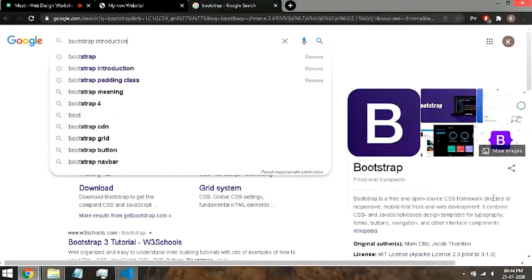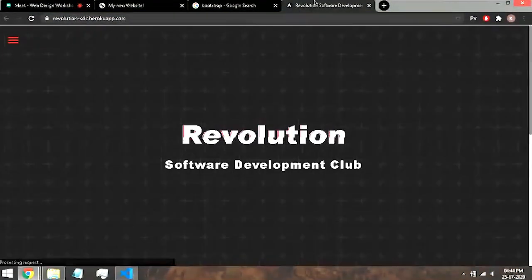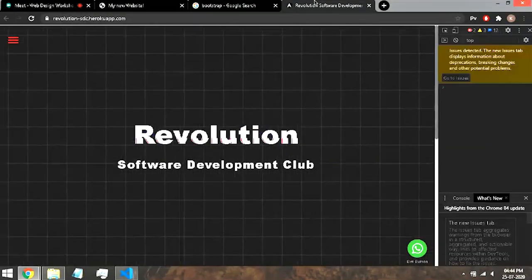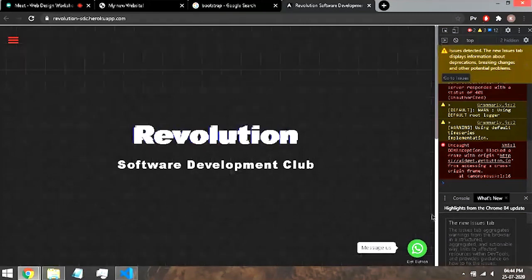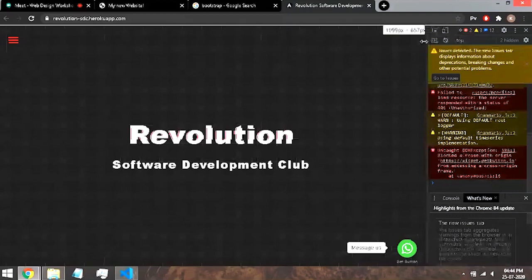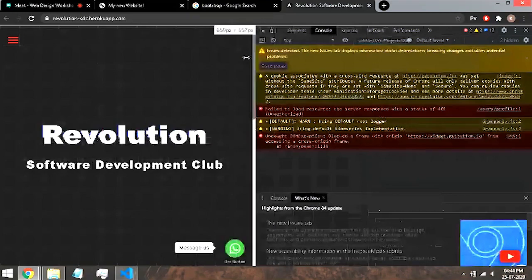Bootstrap is used for making your website responsive. Now, what is a responsive web page? I will again go to our portal, Revolution. And here, I am pressing the F12 button. I pressed the F12 button, and here you can see the developer tools were opened by Chrome. This is the shortcut for opening it in Chrome. I don't know the shortcut for other browsers, but for Chrome, it's this. I am making the developer options a bit wider towards the left.